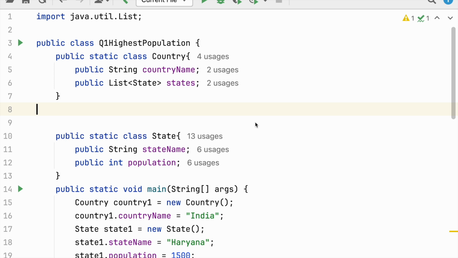So today we are going to focus on one of the questions which is commonly asked in interviews. It is a stream based question and let me walk through the question first and see how we could solve this question. So basically what is provided in the question is two classes, country and state, and